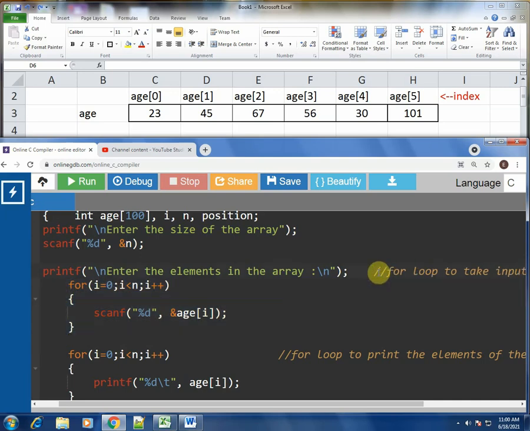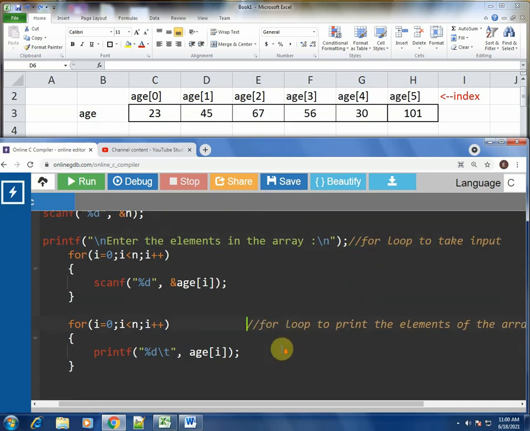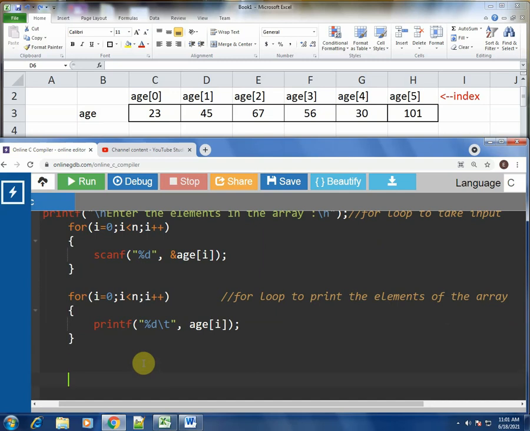I have just put comment statements so that you all know where exactly what happens. And the second for loop is of course to print the elements of the array. You cannot print the elements of the array without having a for loop. Alright, so this is how the initial part of the code would be, where you need to have some elements in the array. So let us now continue from here how to go about with deletion.